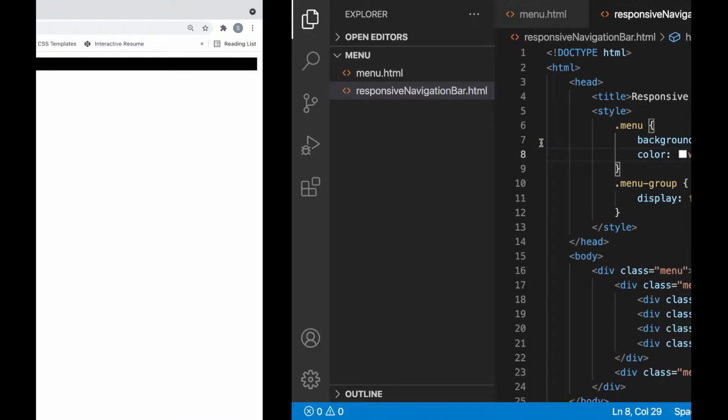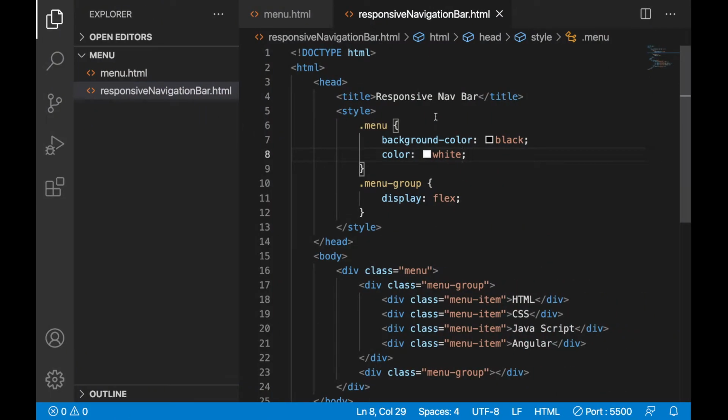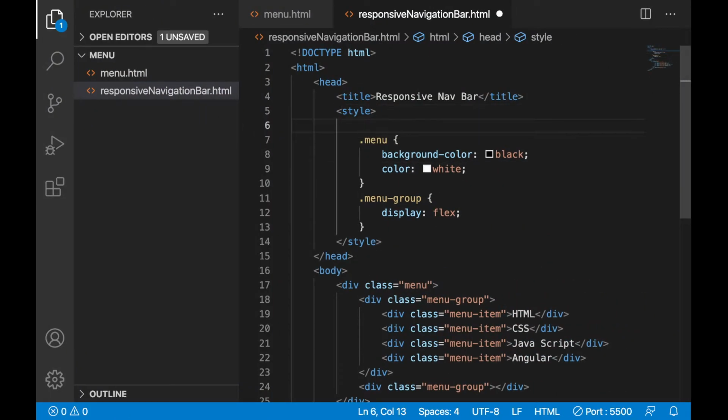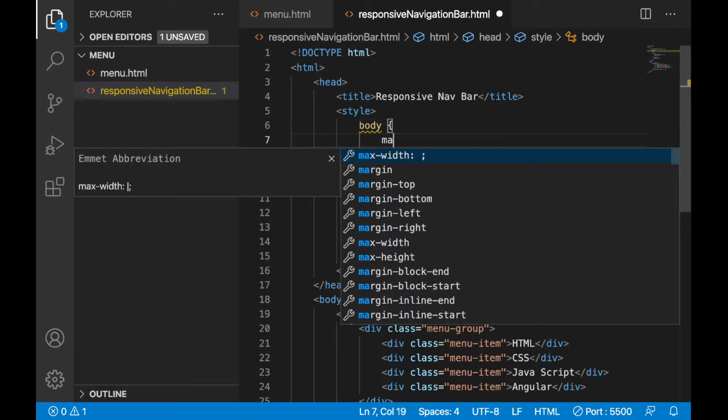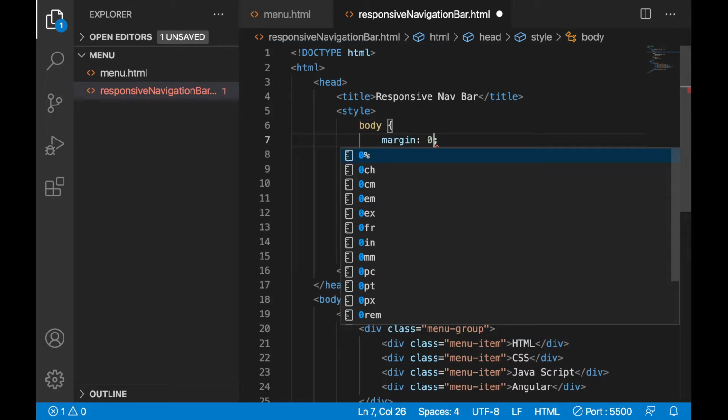Now see, it is coming like this: HTML, CSS, JavaScript. Here the body has some margin. By default the body will have some margin, so let's remove that. Body margin 0. See, now that gap is gone.